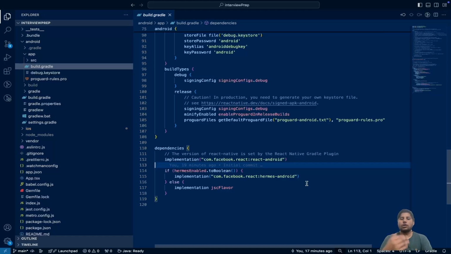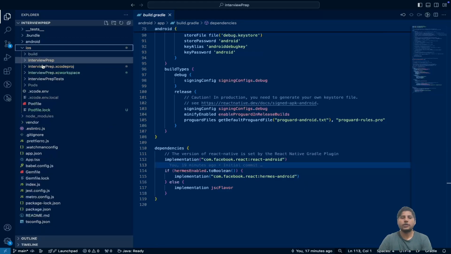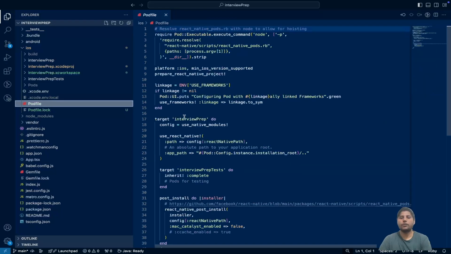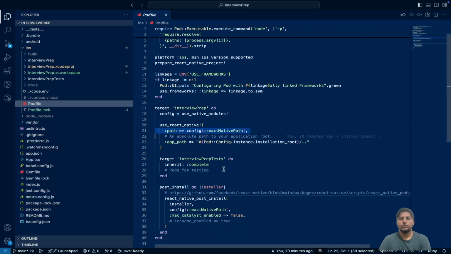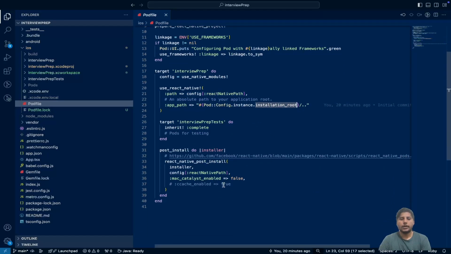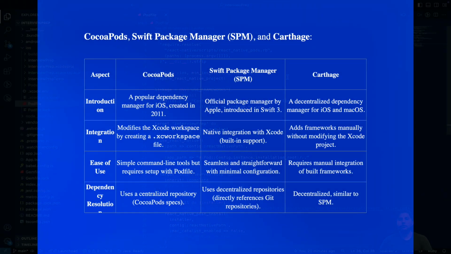So let's talk about the iOS folder as well, and the dependency package managers available in iOS. In iOS we have the Podfile. In the Podfile you can see we have the dependencies written there, and the configuration environment as well, and your React Native path, and also other required system setup. In iOS we have CocoaPods, which is the most popular dependency manager, package manager